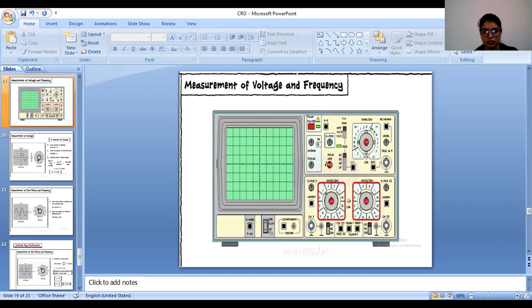Now label the parts. All the apparatus is placed in a vacuum tube. Starting from the left, the labels are the heater or the filament, the cathode, the grid, the two hollow tube anodes, the high voltage DC supply, and all these parts form the electron gun. The Y plates and the X plates form the deflection system. The last part is the fluorescent screen. This is how you will draw and label the parts of the cathode ray oscilloscope.